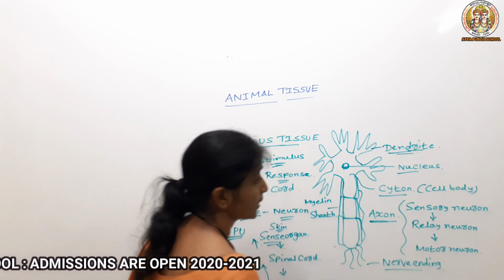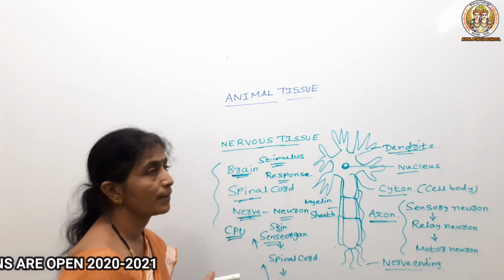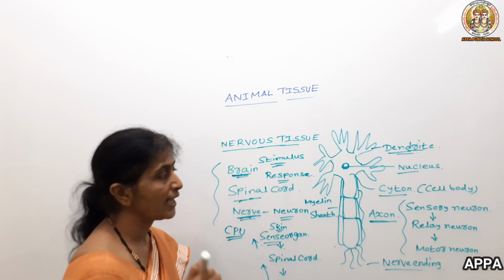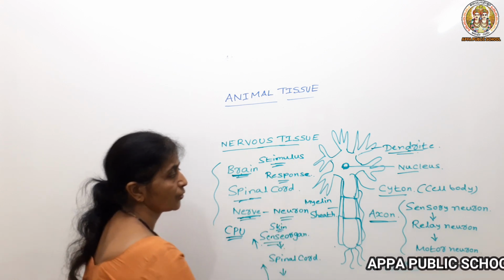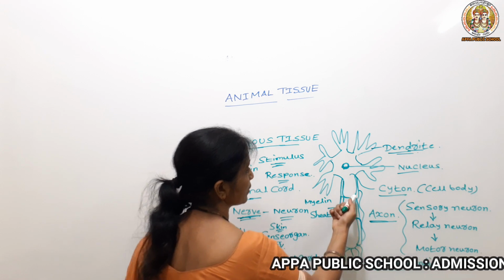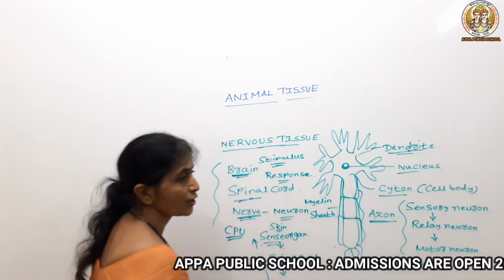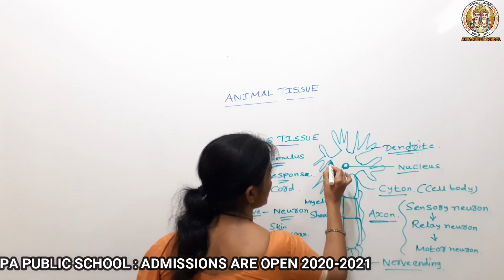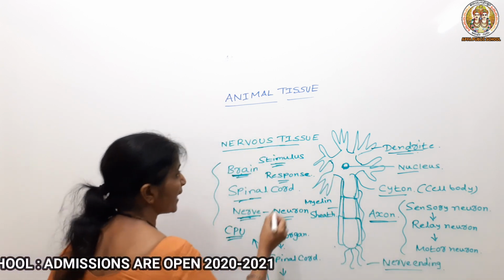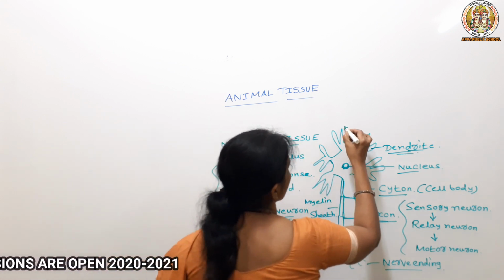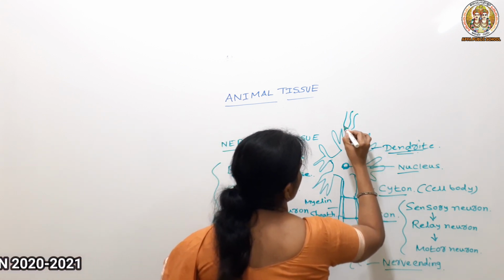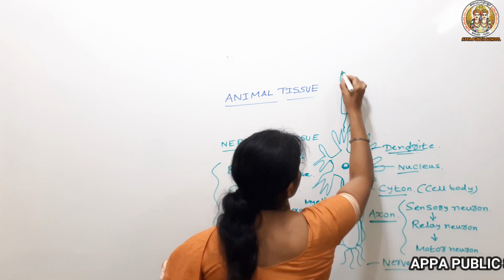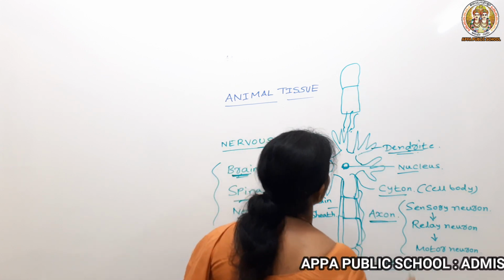In the first chapter, when I taught about the cell, I told you that depending upon their function, cells have their structure. So the neuron has its structure depending upon the function, because interconnection is required. The dendroid of one neuron will be attached to the axon terminals of another neuron. In this way, they will be attached one to another.